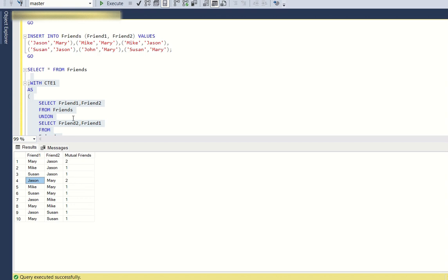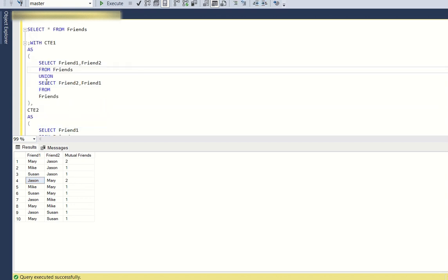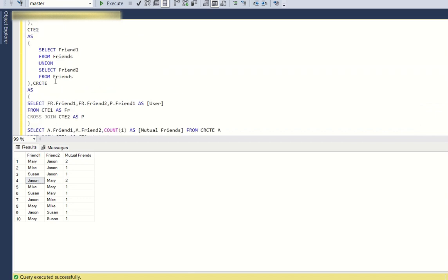But if you remember, earlier we did union here because we wanted to make sure that Mary and Jason are friends, and Jason and Mary are also friends, but there are no two entries, right? So we want to make sure that both the conditions are getting satisfied. So that's why we have done union in the beginning. But in the end output, we do not want Mary and Jason and Jason and Mary to be repeated twice, right? So that's why